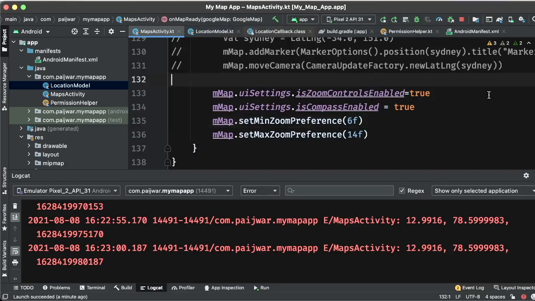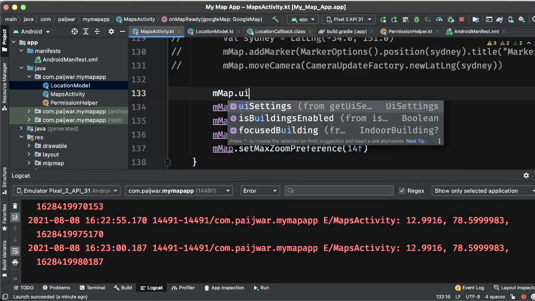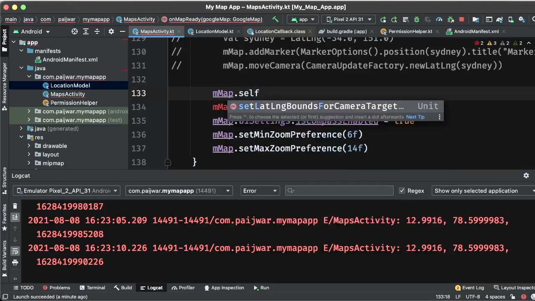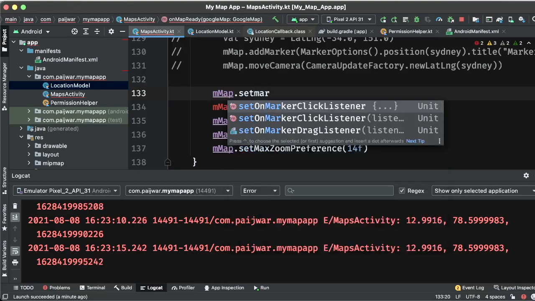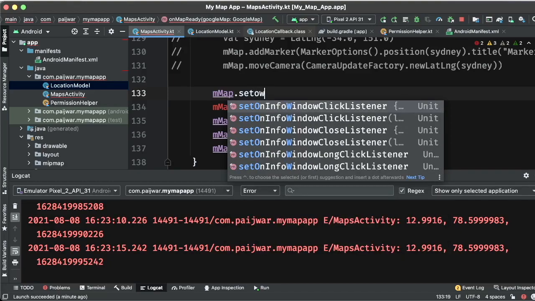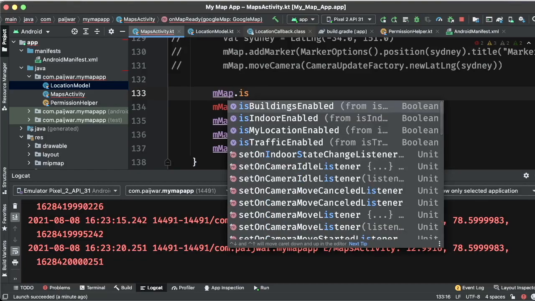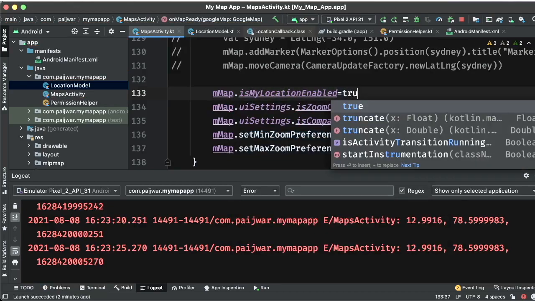I think self location I can also put here. It is not there in this, maybe here. Marker. Okay. Is my location enabled? True.